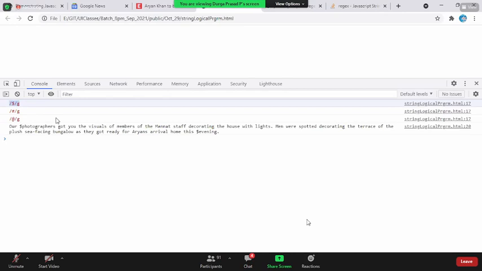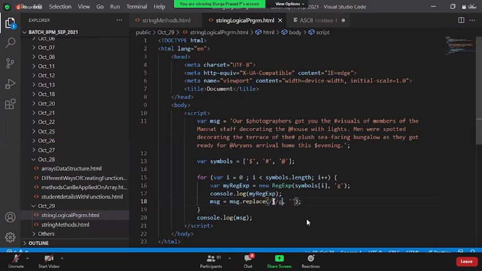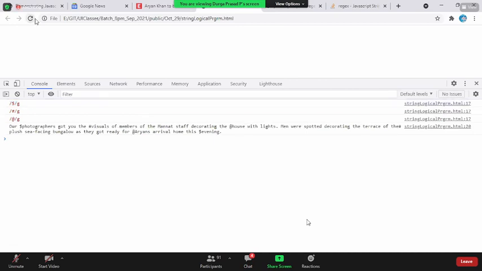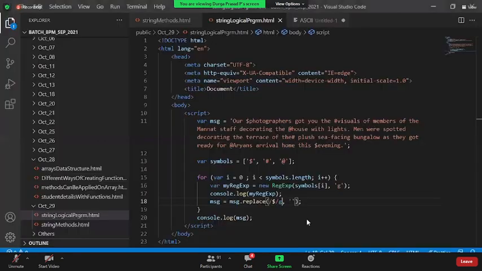Now if you put these here, all the dollars will be replaced, right? If you refresh your page, we have an issue. The problem is only with the dollar.